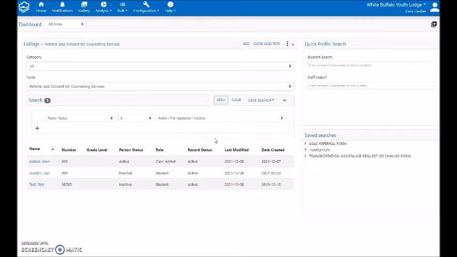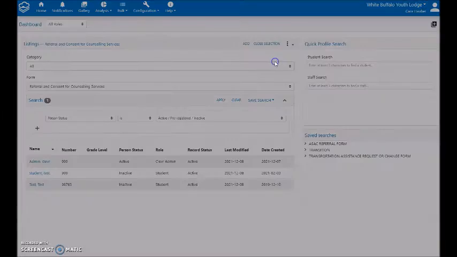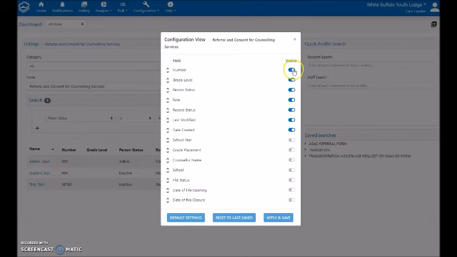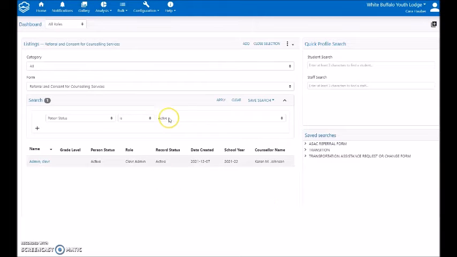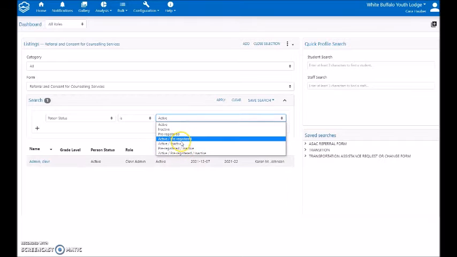Now, if I want to look for, let's say, a school year, I can go up to the 3 dots, and I want to configure these columns. Now, like I said, the number itself isn't really much use to me right now, so I'm not going to have it visible. I also might not want last modified visible, but I do want the school year, and maybe I want the counselor's name if this is a referral form for counseling. I can switch the toggles, and I apply and save,